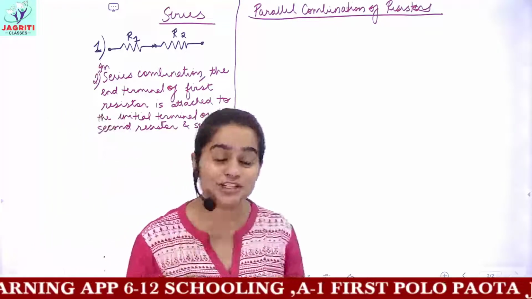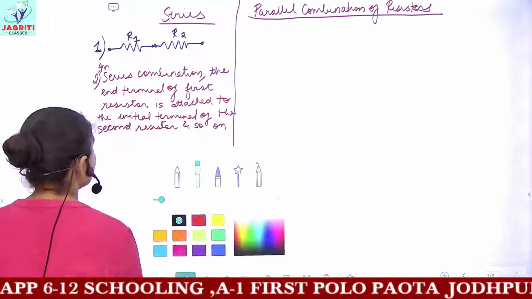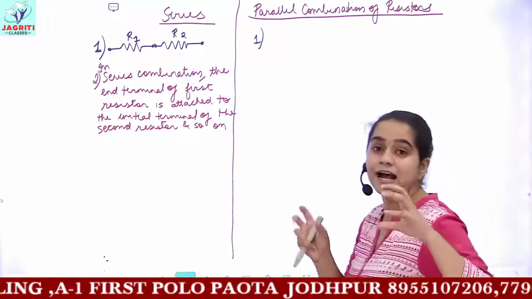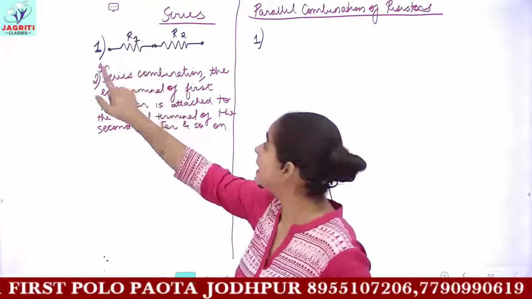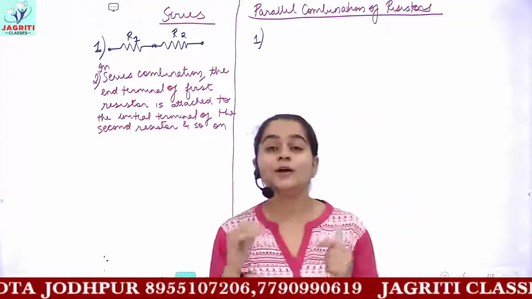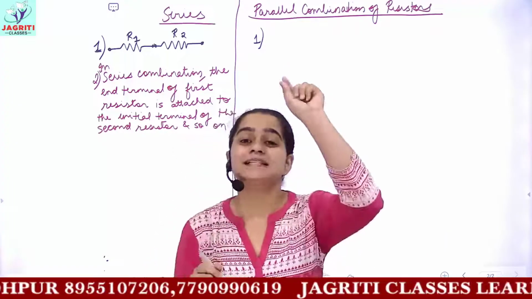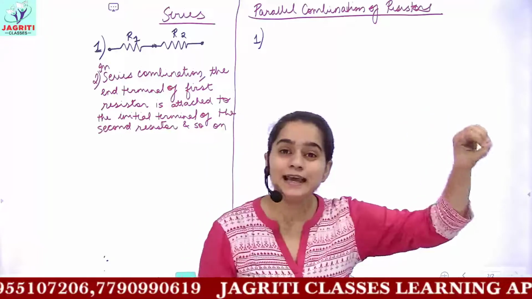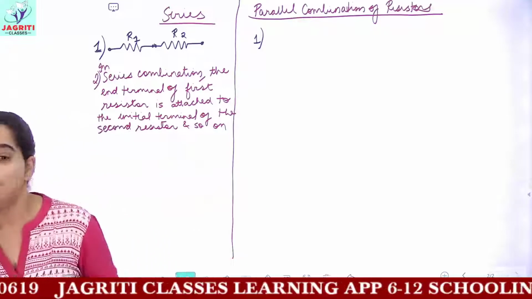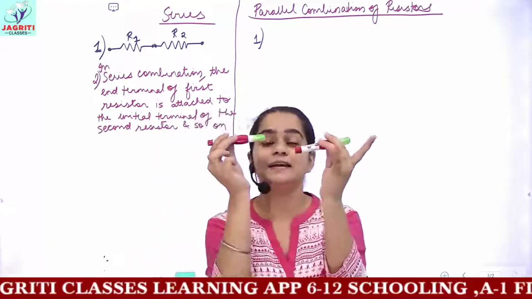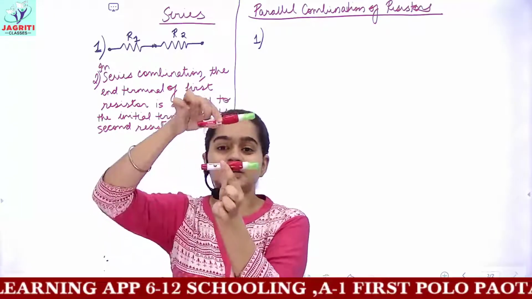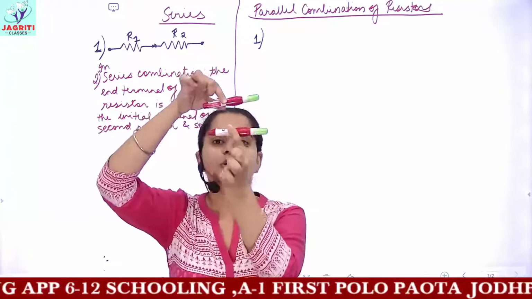Okay, so we are combining in this linear manner, and such combination is known as series combination. Whereas for parallel combination, the resistors are not combined in this linear manner, where the ending point of the first meets the starting point of the second. No, in this you have all the resistors, the starting points of all the resistors joining at a common point, and the ending points of all the resistors also joining at another common point. What I mean to say is, let's suppose we take our resistors again. This made our series combination, but now I am arranging both resistors one below the other.